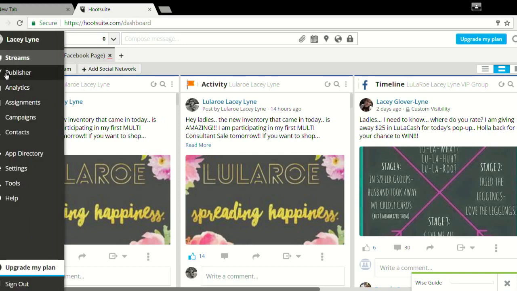Over here on the left, you'll see that there is not a drop-down menu, but a side menu that shows the streams, is what we're looking at now. The publisher helps you create those posts and any graphics that you want to add with it. The analytics, that would be the information that you want to look at as far as